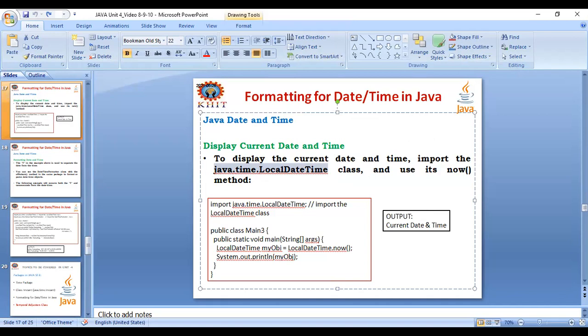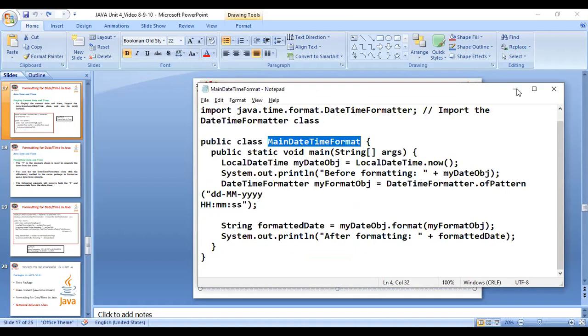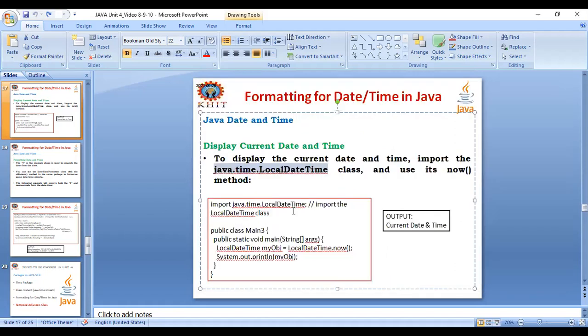So the program I am referring to here is main date and time format. Sorry, this one is different, I think. Okay, so this is a simple program.